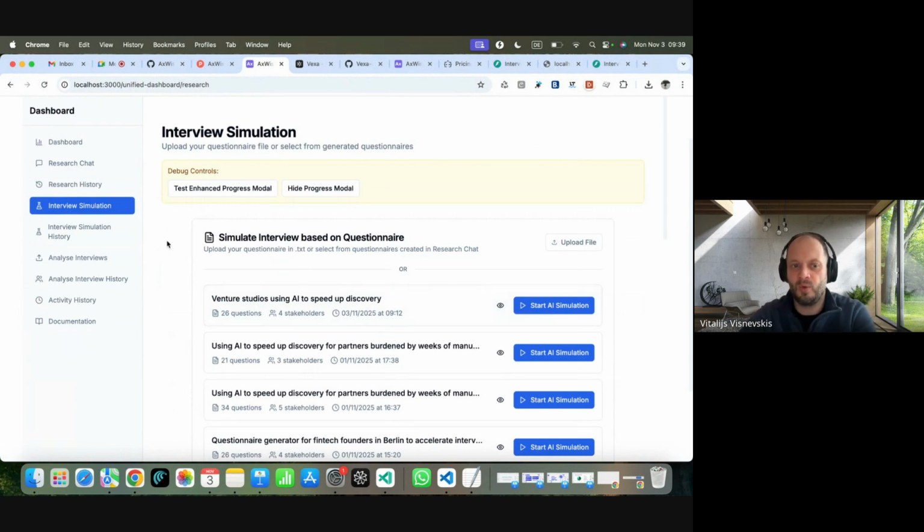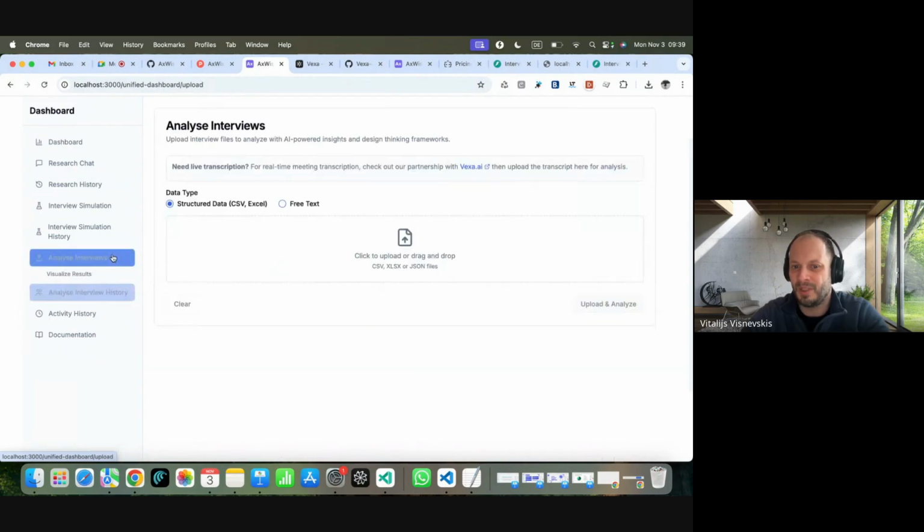That's, I think, the main purpose of it. On one side, you have an idea of who your stakeholder is, with whom you need to talk, and on the other hand, it gives you what they might answer to your question. So that's the thing. And if you already have raw interviews, you can just upload them, free text, CSV, Excel, and it will create the personas out of it.